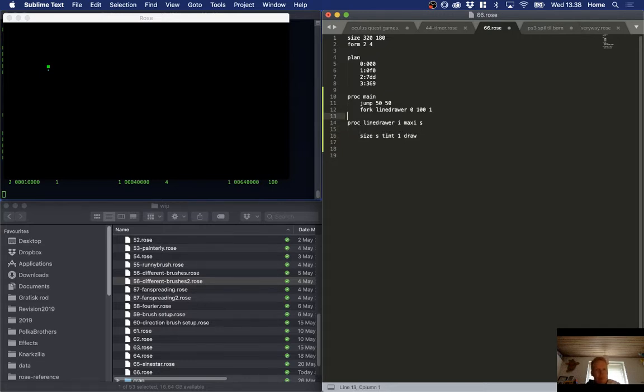Yeah, and back to the original task, which was to make this draw a line that's 100 pixels long. So I'm going to do a little check. Say when I is less than max I, so when this counter is less than 100, draw, move 1 pixel, wait, or actually let's not do the wait. Fork,